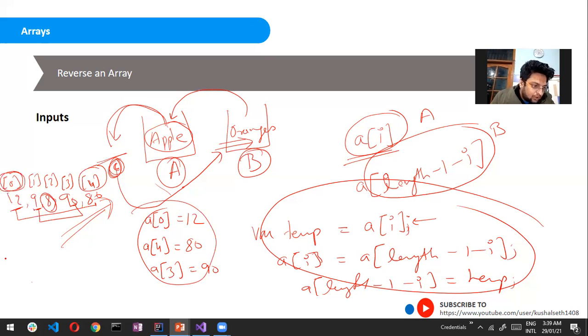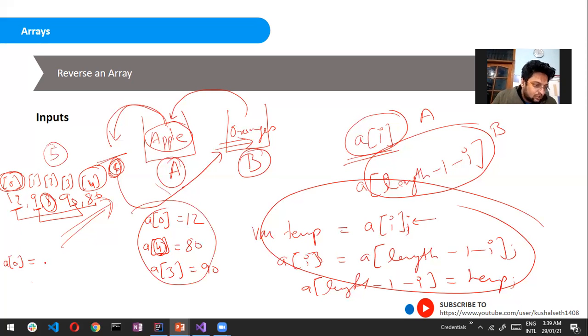So what I'm saying is we are trying to develop this equation which we just made. If I check a of 0, then we have to replace it with a of 4. And obviously, see the array, since the array starts with 0, the length is 5, but your elements will start with 0.